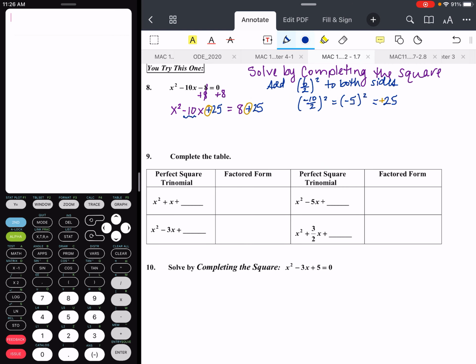Okay, so from here, I'm going to factor on the left-hand side, which gives me x minus 5 squared equals,